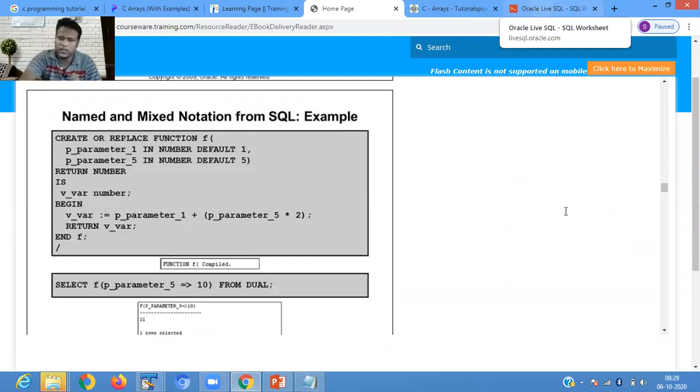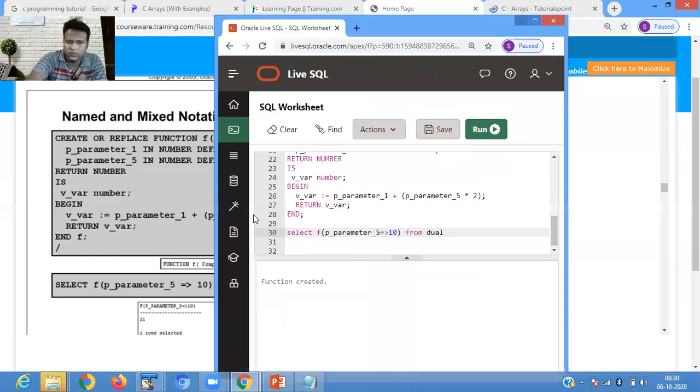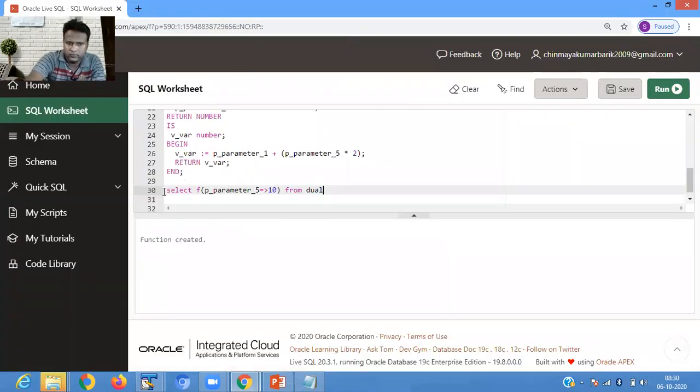I am passing select f, p_parameter_5 => 10. Okay, it finishes showing the output.